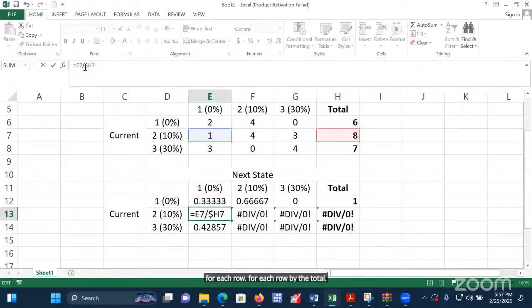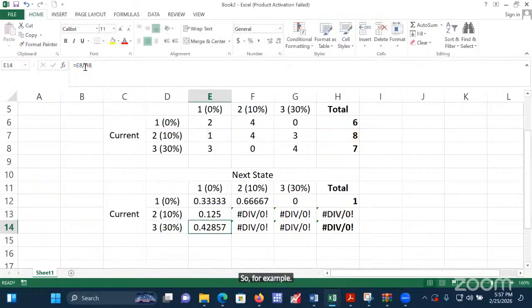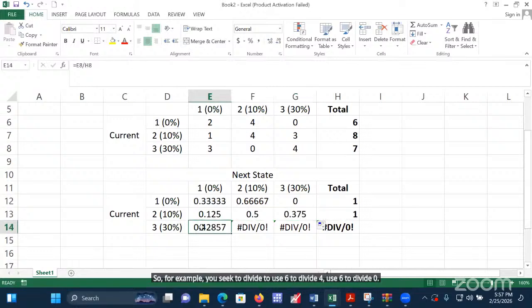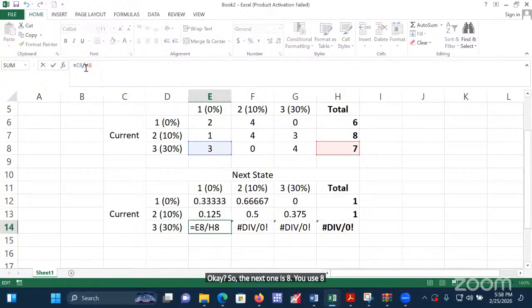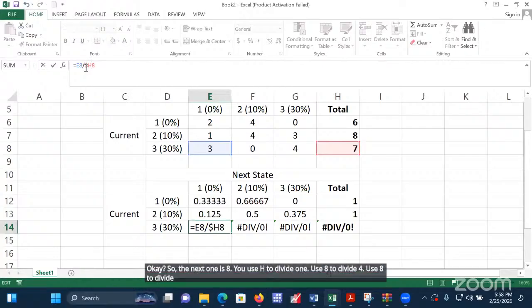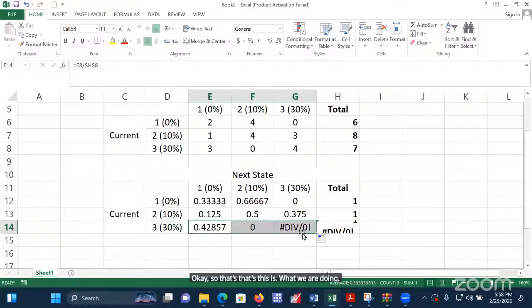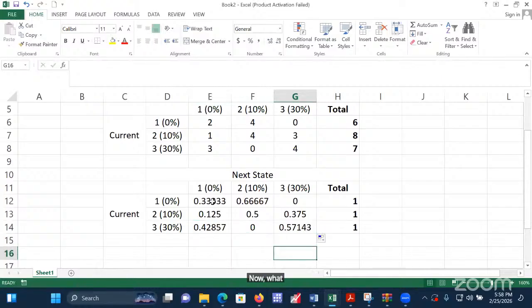So, for example, you use 6 to divide 2, use 6 to divide 4, use 6 to divide 0. Okay? So the next one is 8. You use 8 to divide 1, use 8 to divide 4, use 8 to divide 3. Okay? So that is what we are doing. Now, what we have in this cell,